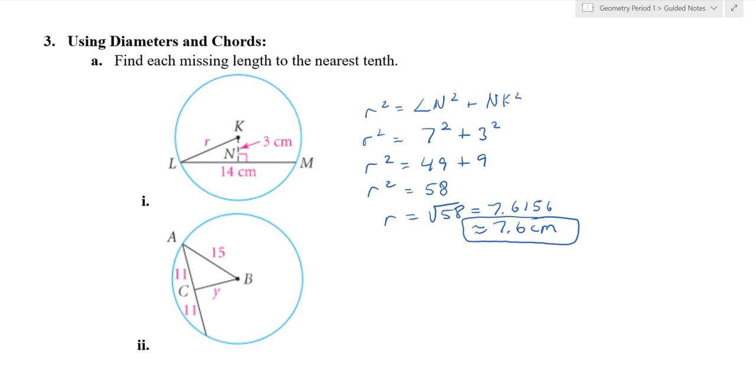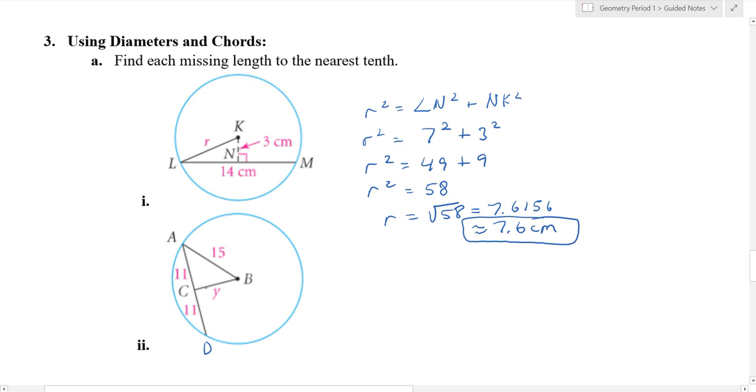Okay. So now for number 2. Notice that it tells me that from A to C is 11, and from C to this point over here, which I'm just going to call D, from C to D is also 11. So this means that point C is a midpoint. So because from C to B,